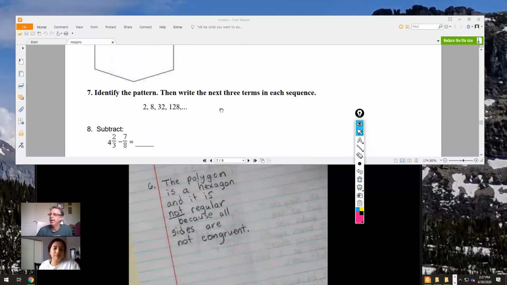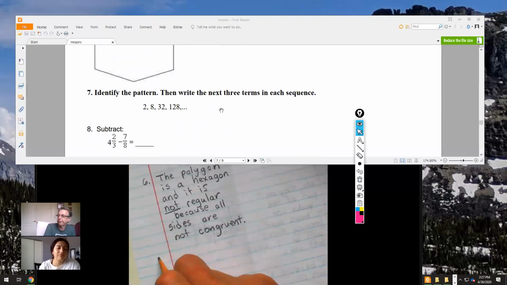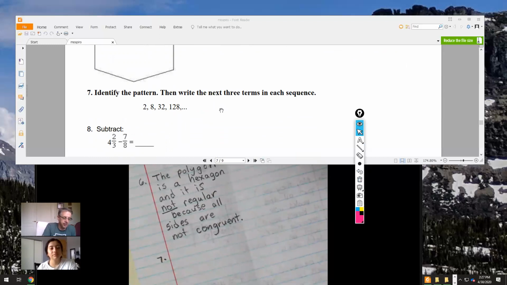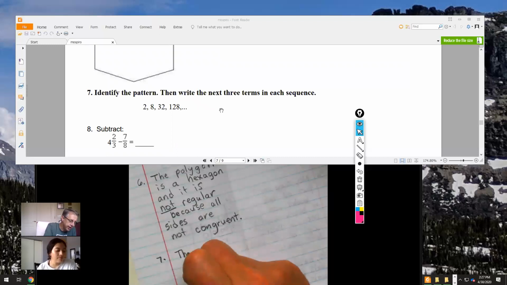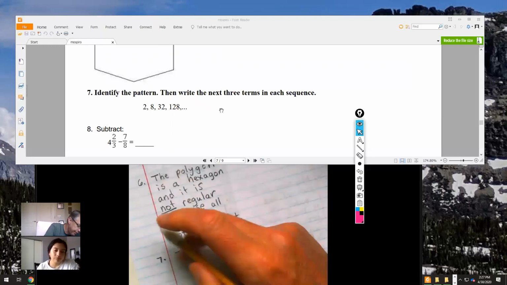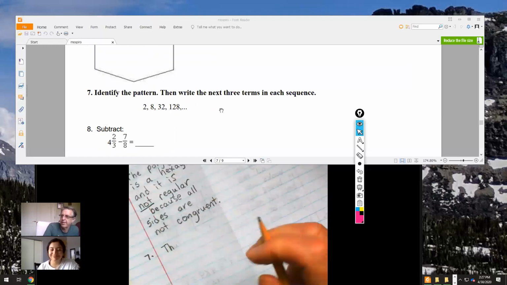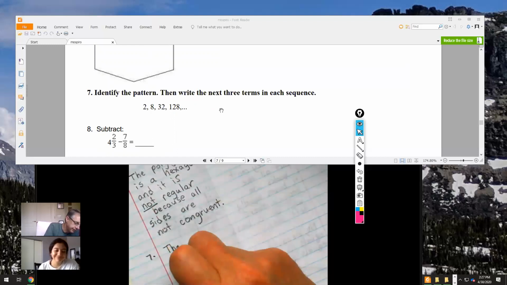And we'll go ahead and identify the pattern. And then we're going to write the next 3 terms in the sequence. So we have 2, 8, 32, 128. So as I look at this, I'm just full of copy errors today. I'll slow down and take my time when I write. The pattern is